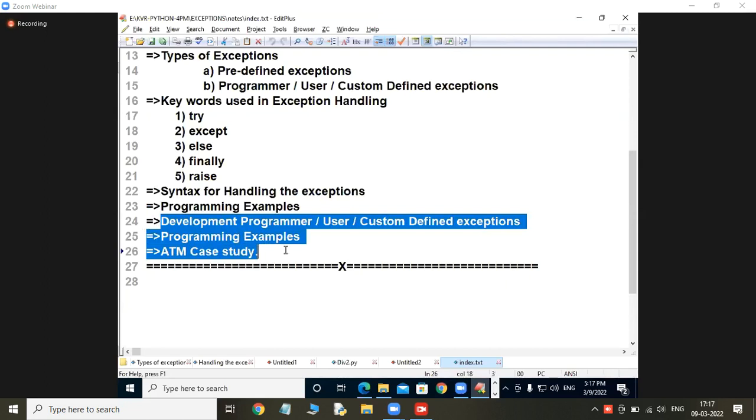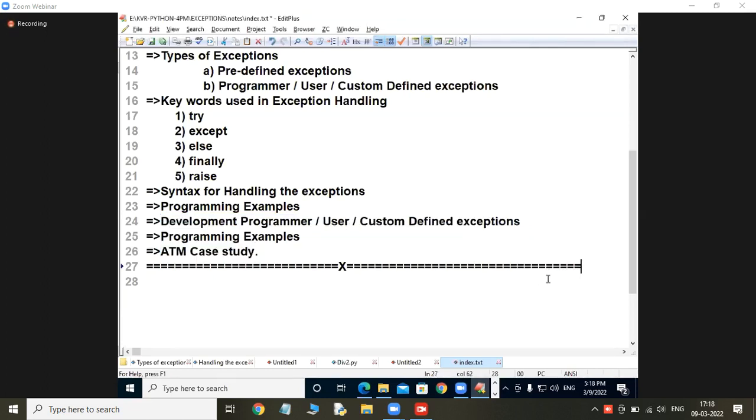I did not enter into our own exception development. I will come to that. Point by point, one by one, we will be coming to it. So Ganesh Kumar, yesterday only I told you, syntax error comes under compile time error only. Yesterday only I told. What can the Python compiler see? Syntax errors. It comes under one type of compile time error.